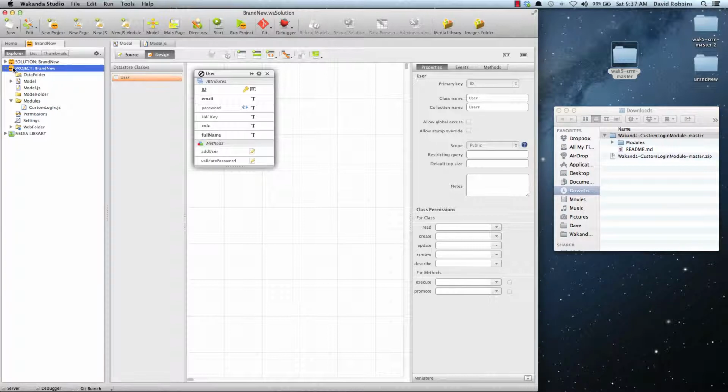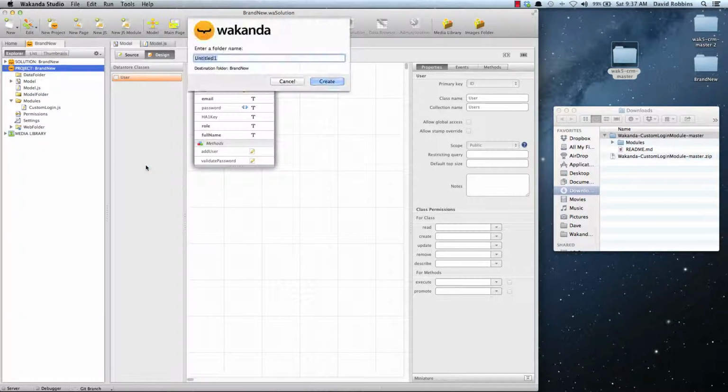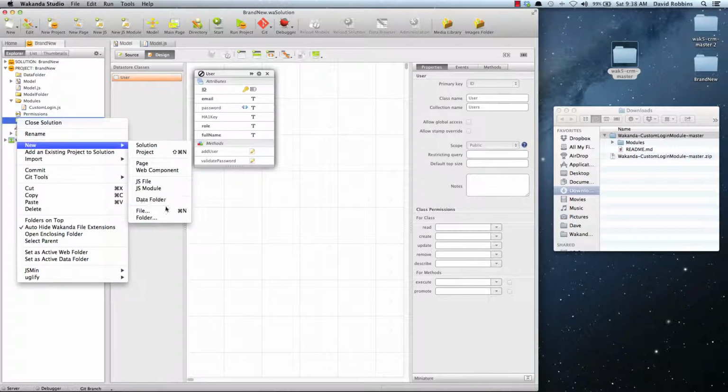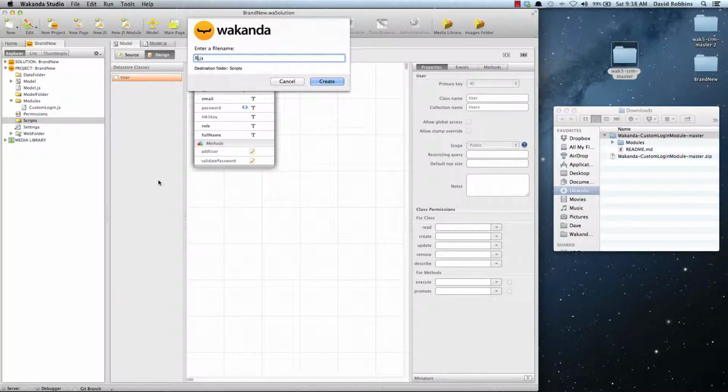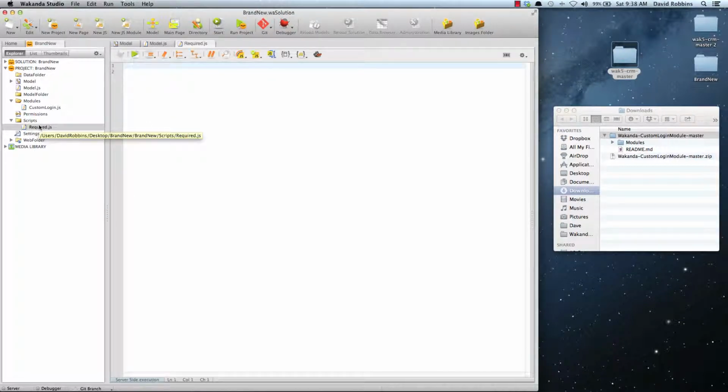So I'm going to go in here and create a folder called scripts. And in scripts, I'll create my required JS. This is a special file that is loaded into every context that Wakanda creates on the server. So everything that we have here will be available. And so right here,